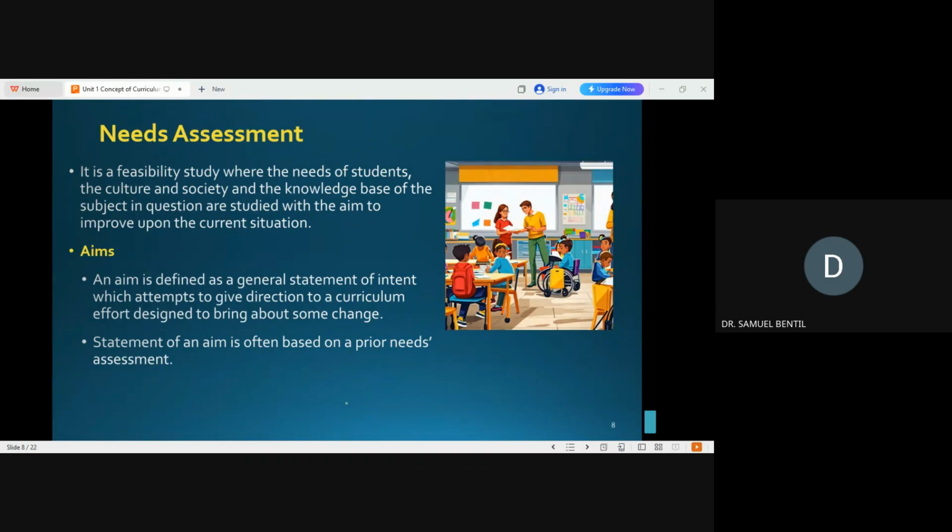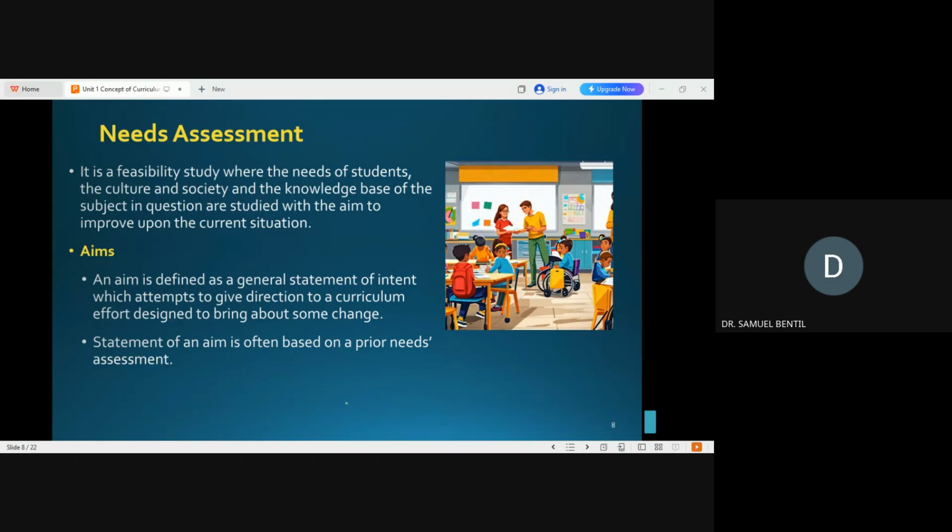Then the goals, as deduced from aims, will come in to say that by the time you end this course, learners will be equipped to improve their writing skills, to improve their oratory skills. And you see that these are more defined, specific skills under communication skills. But the question is, how do you measure writing skills? Is it to improve their writing skills? It's still not specific, though it's more specific as compared to the aim. But how do we measure that?